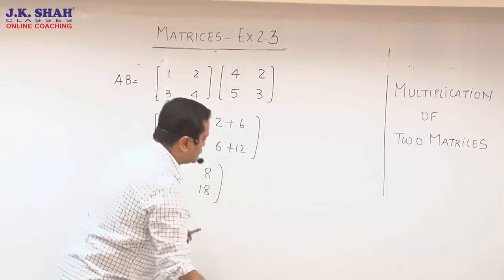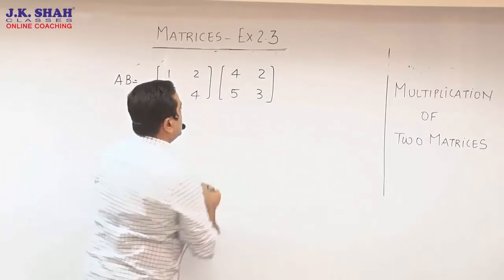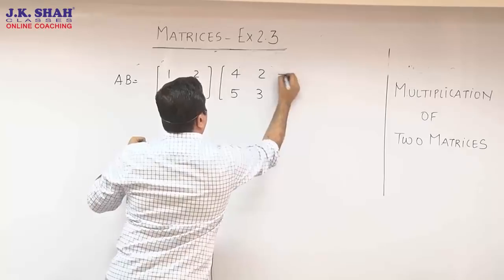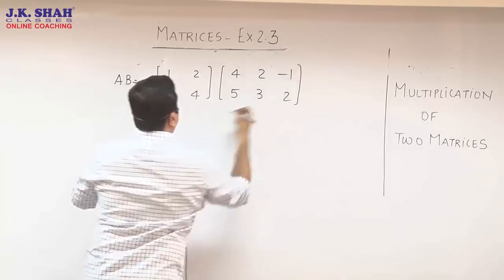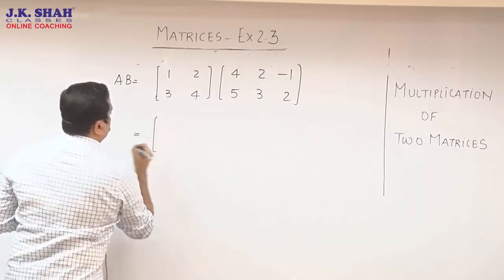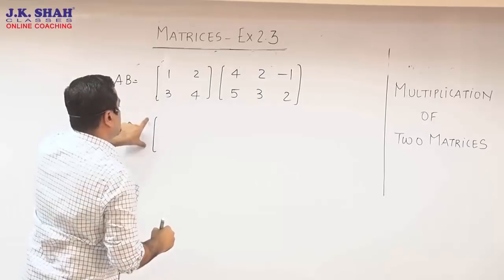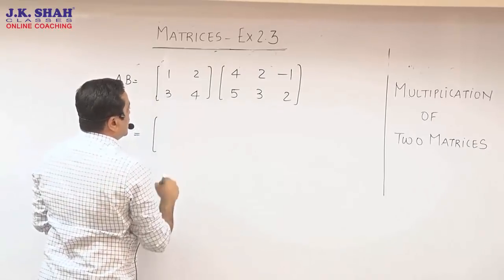Now, और एक ट्राई करते हैं. Let me increase one more column over here. -1, 3, -1, 2. So once again, opening matrix has got 2 rows, so even this has to have got 2 rows. So quick अब नहीं लिखूंगा यहाँ पे. We can figure out क्या होने वाला है.